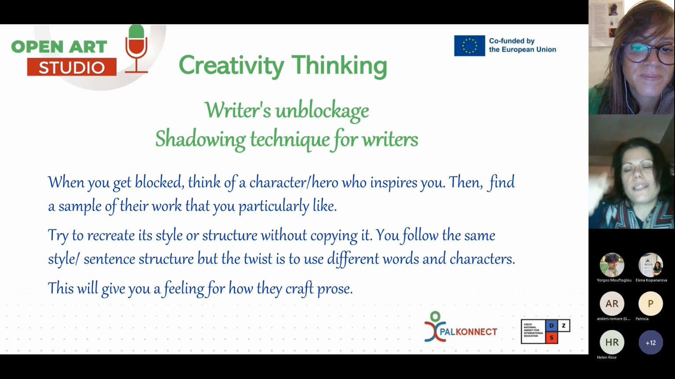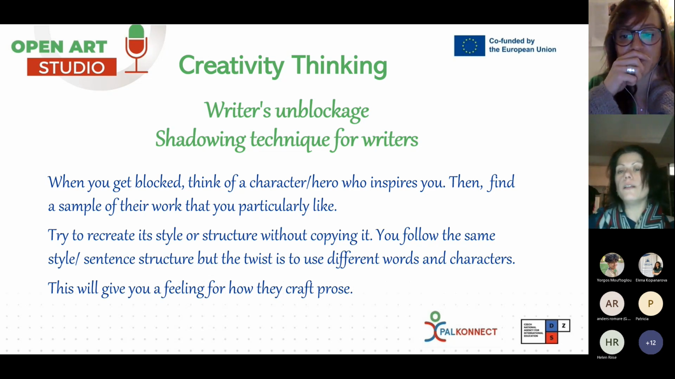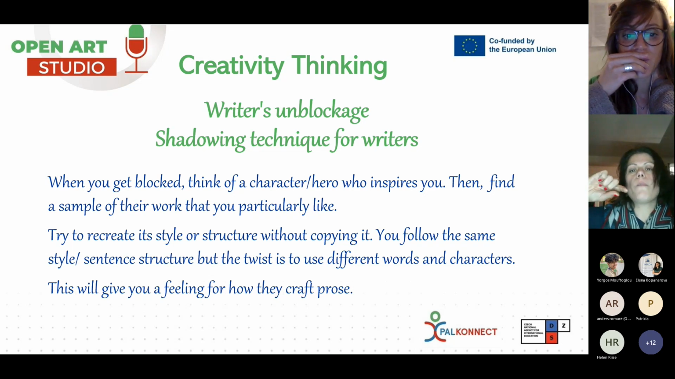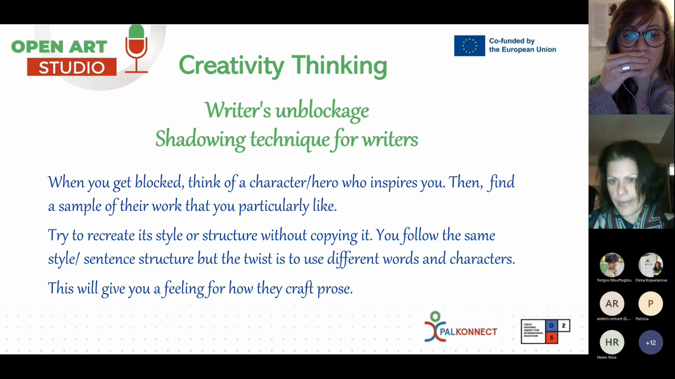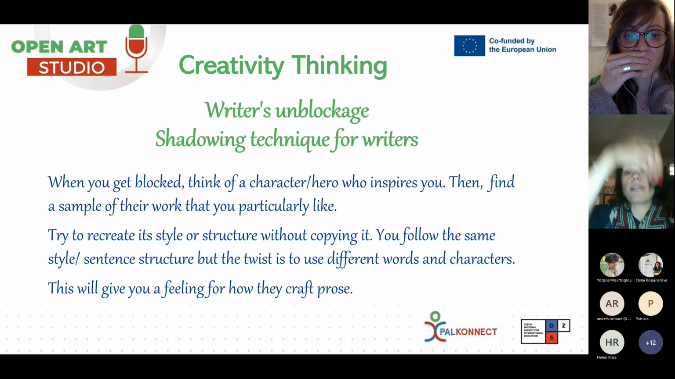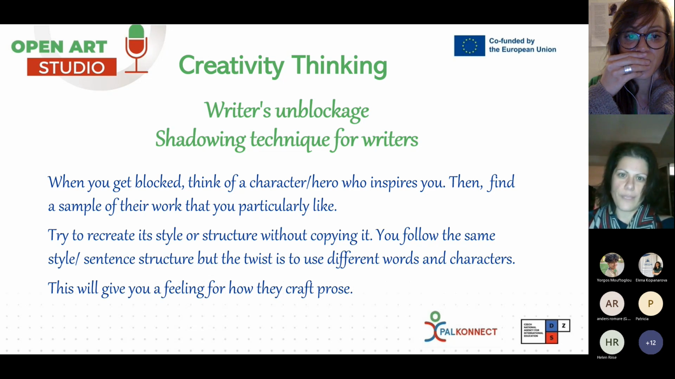It's not that you're copying their style. You're just pushing yourself in a style that is not your own. You are using your own words, your own characters in the safety of a style that you respect and you know it works for you. It's not as easy as it reads, but it's a good strategy. It's the shadowing technique. And I don't know if some of you have used it already, but